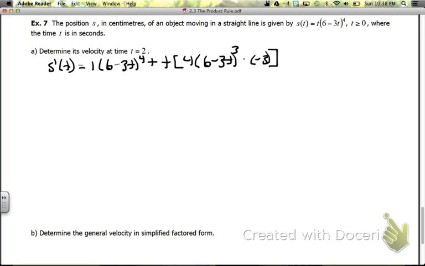Now you can notice we have a (6 minus 3t)^4 and a (6 minus 3t)^3. I can therefore factor out a (6 minus 3t)^3, and what I'll be left with is a 6 minus 3t plus negative 12